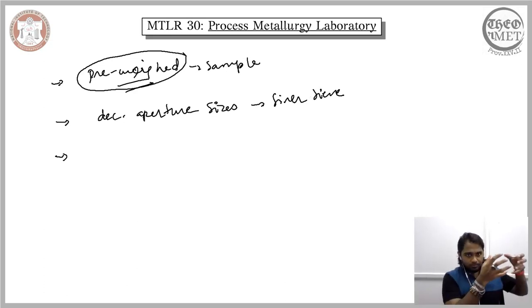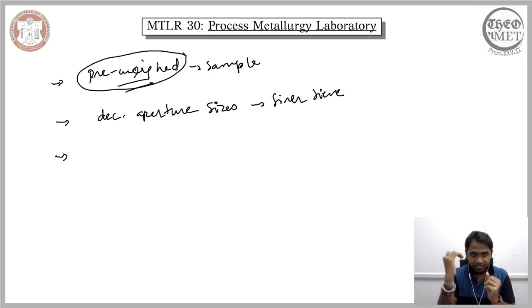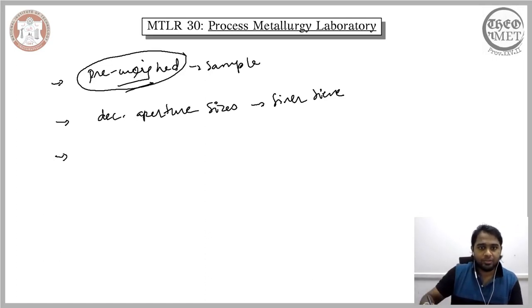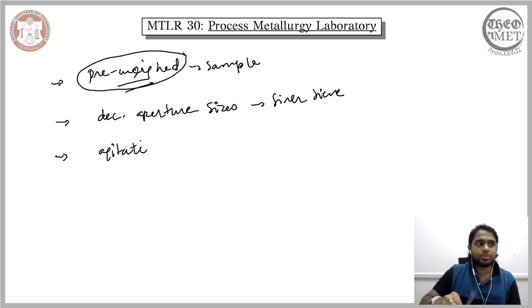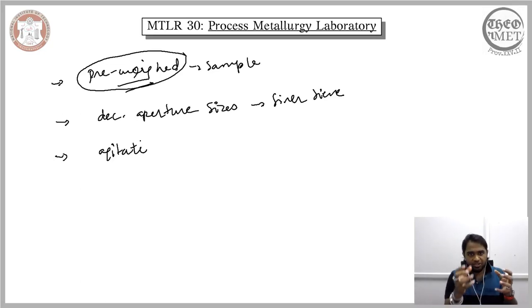In addition to exposing these fragments to the different sieves of varying sizes, particularly in a specific order, that is decreasing aperture sizes or finer sizes, you agitate, you vibrate, your individual sieve. So there are reasons for vibrating. Essentially you would feed your weighed sample to a particular sieve, and in that sieve you will agitate your sample. So there are reasons why this agitation needs to be done, why we need to vibrate the individual sieve when we have fed in our sample.